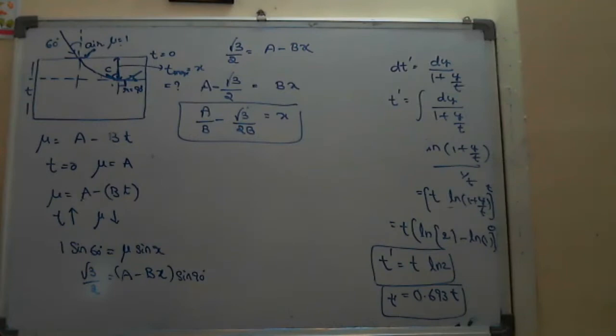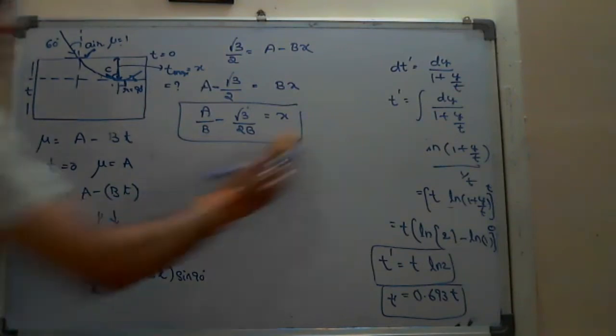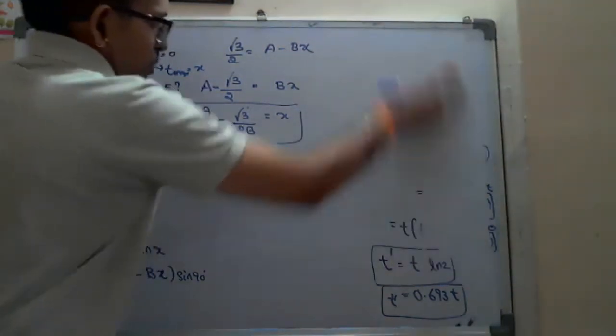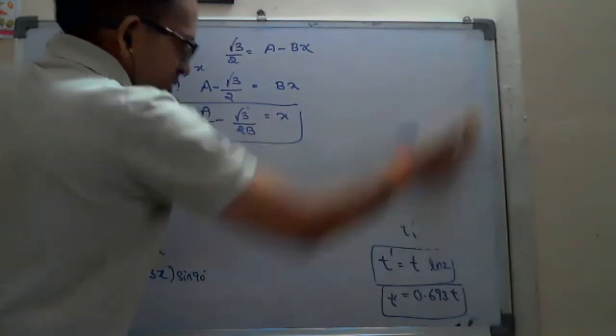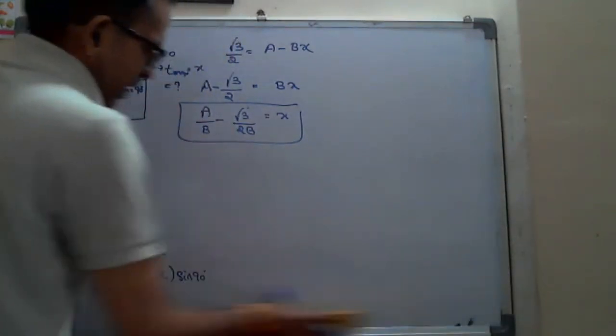So what is the depth? If they ask directly, you can solve. If they give the values of a and b, like 2 minus 1.5t, then directly you can see the answer here. This is one model related to the concept of mirages, and related to this variable refractive index, previously given in one exam.